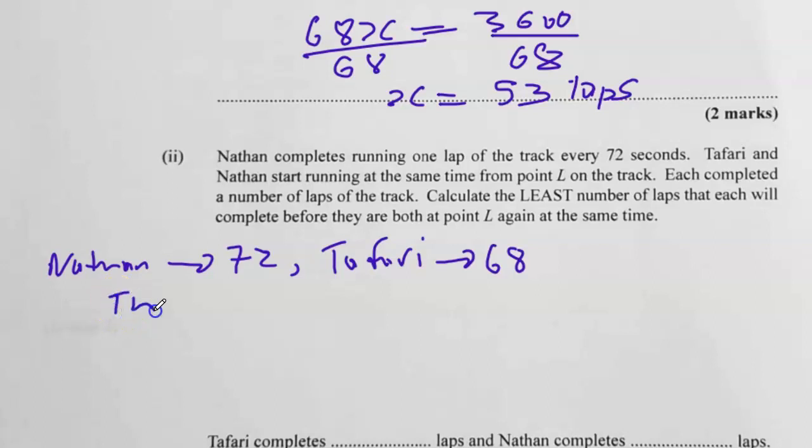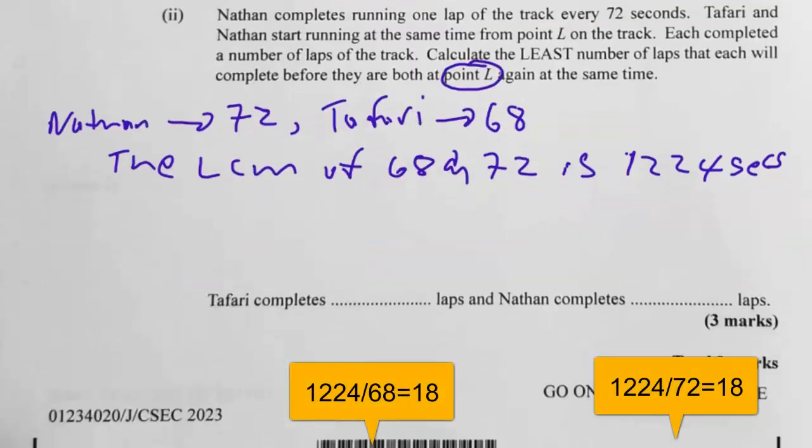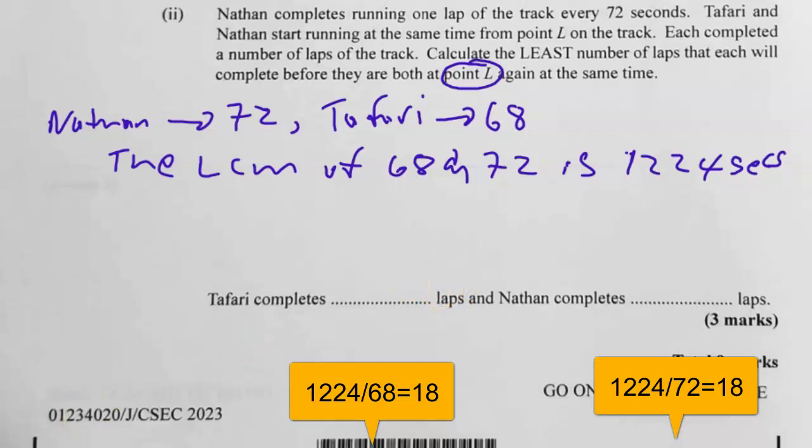Now the LCM of 68 and 72 is 1224. So in other words, in 1,224 seconds, they will meet at the start of the track at point L. Alright, so this means that the file will have how many laps now. So if I divide 12